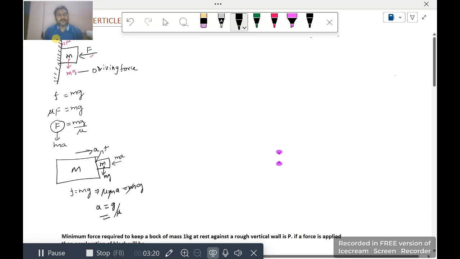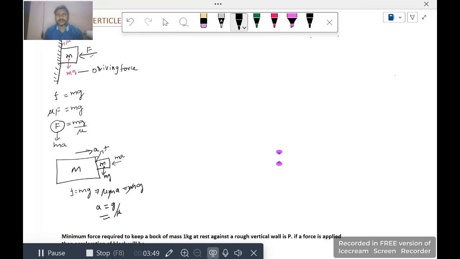For the vertical plane which is moving in one direction with acceleration a. If the vertical plane is at rest and a block is pressed against it with force F, then F is equal to mg by mu. And here this F can be ma. So this I have given. Similarly, in this small example,